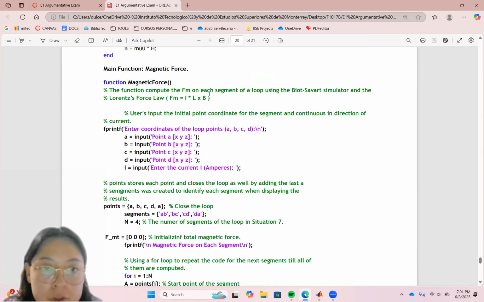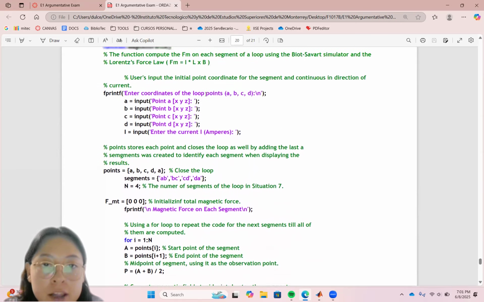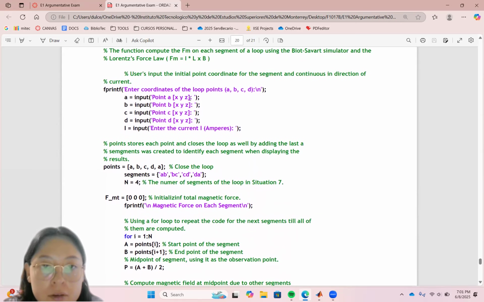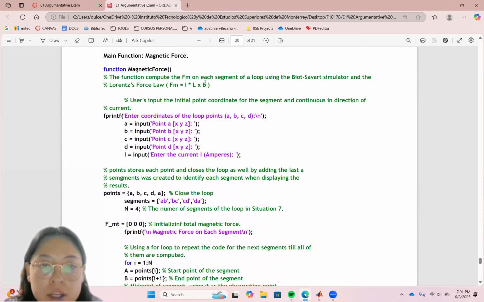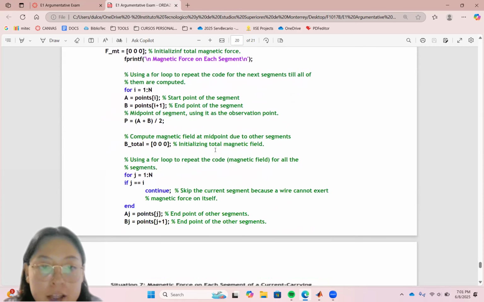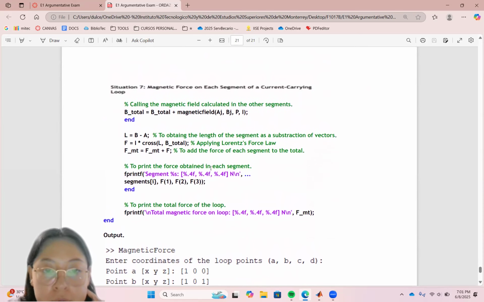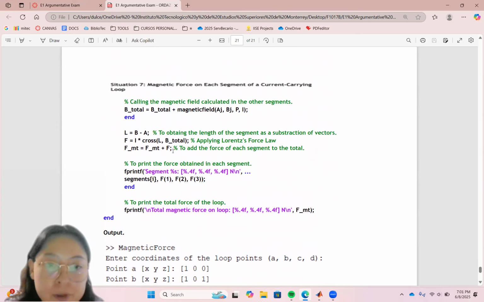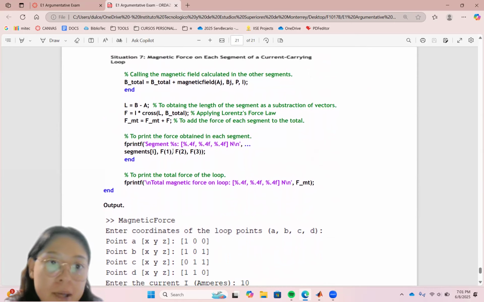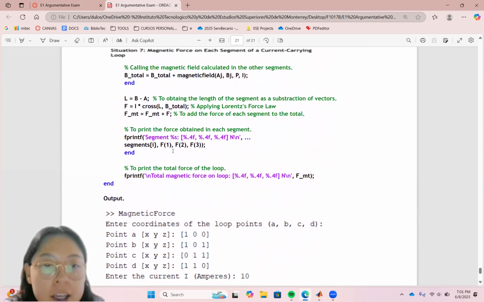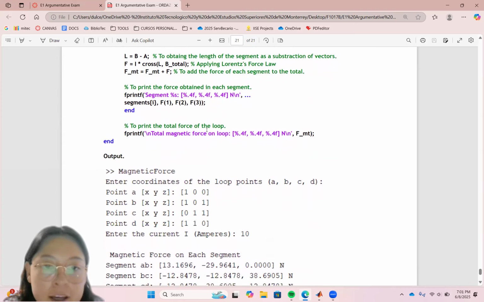We can see the Lorentz force here: this cross product times the current. We already know the length from the input of the user and the B calculated in the subfunction, and I simply add each segment's force to the total, like the superposition principle, but now with the magnetic force. And then I print the force obtained in each segment,